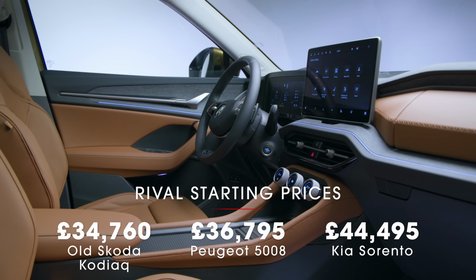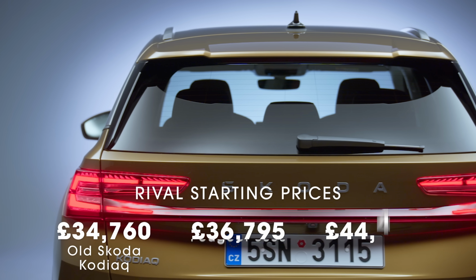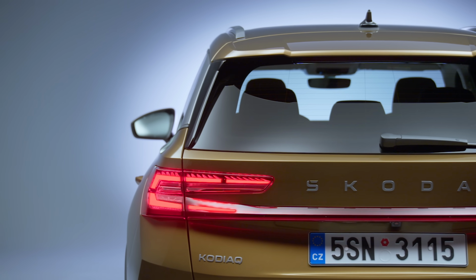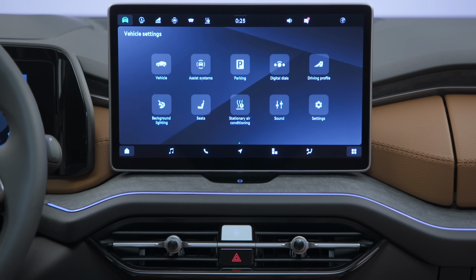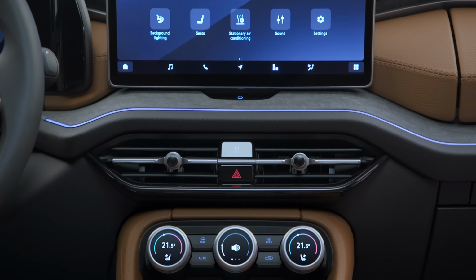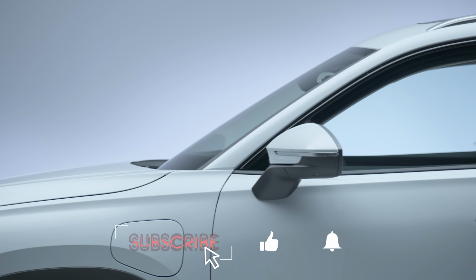The outgoing model starts from £34,760 and tops out at £49,335. While the higher trim levels and faster engines have always pushed the price up pretty high, the entry-level part of the Kodiaq lineup has always been very competitive against its rivals. And in fact, that was a big part of the appeal of the first-generation car. Hopefully, that will still be the case with the new model, but we'll have to wait and see when Skoda